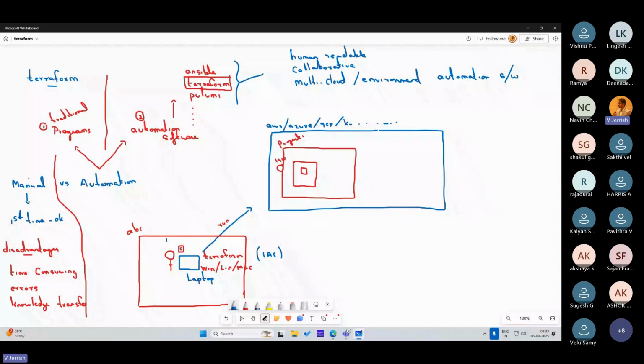See, I'll tell you what I have done up to this. Today we started with manual versus automation. I said if you're doing things manually the first time, it's okay. But if you are repeating things, it's time consuming and error prone. And when you're doing knowledge transfer, you will not be able to do a complete knowledge transfer. Now, using automation,